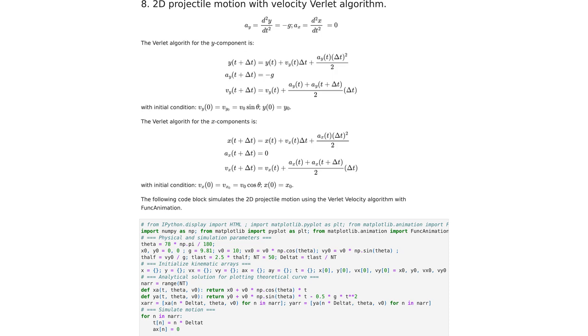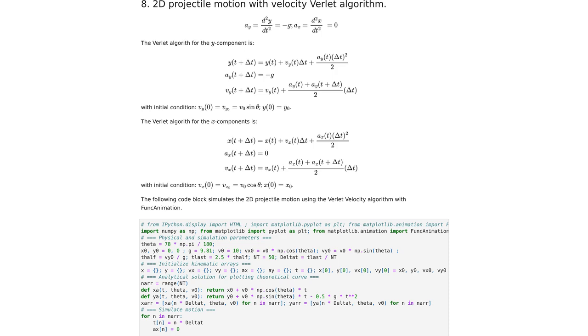Kinematic quantities like position, velocity, and acceleration for both x and y components are stored in dictionaries. The code also defines functions for the analytical solution of the trajectory, which will be plotted for comparison. The main simulation loop iterates through time steps, applying the velocity Verlet updates separately for the x and y components as we just described. Finally, it prepares and displays an animation of the projectile's motion, plotting both the simulated path